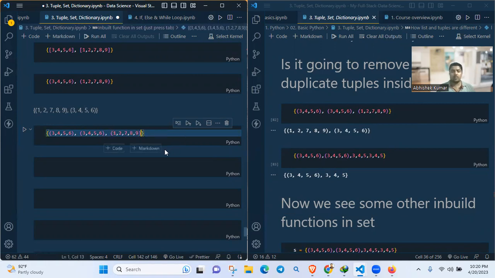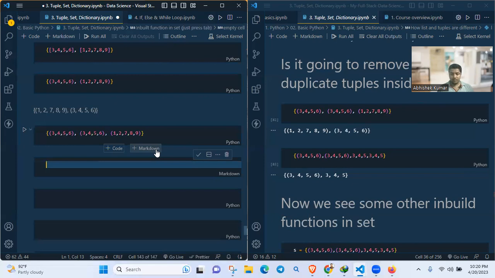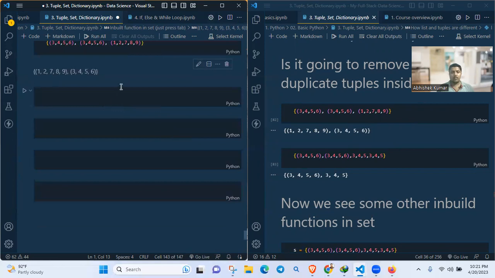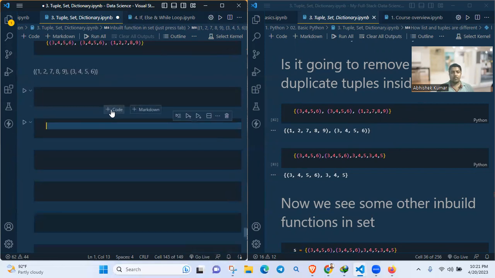For this output we get a set: tuple 1, 2, 7, 8, 9 again, and tuple 3, 4, 5, 6. So this we get, and in the next line what we have to type,